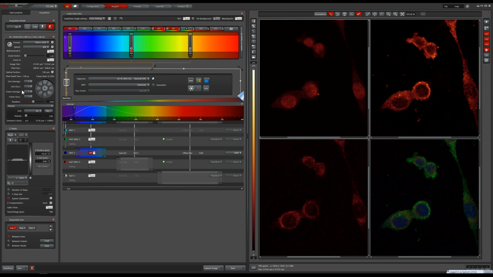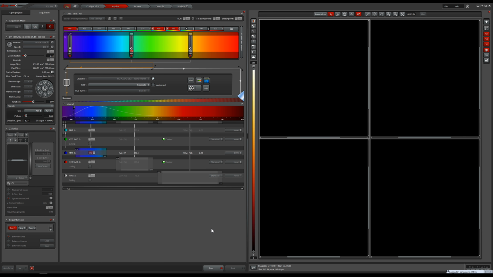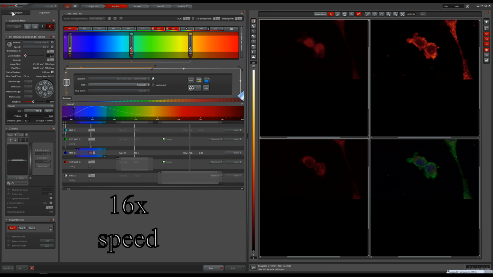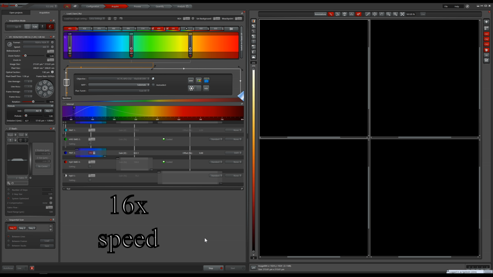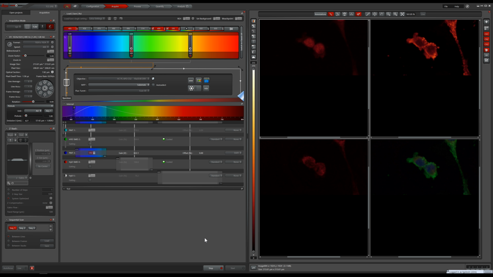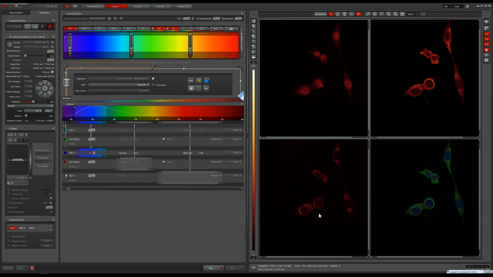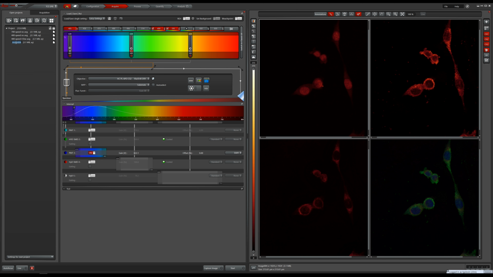Now, let's add line averaging and start with 4 lines. Averaging removes random noise and smooths your image but also slows down acquisition, as now every row of pixels is scanned 4 times. If we push averaging now to 8 lines, the improvements are marginal but cost us a lot of time. Let's zoom into the acquired images and compare the